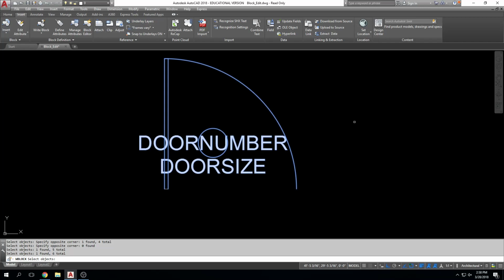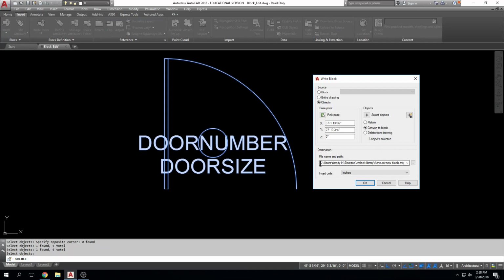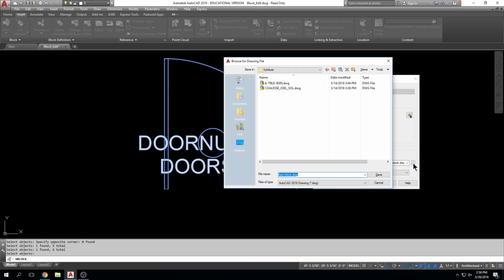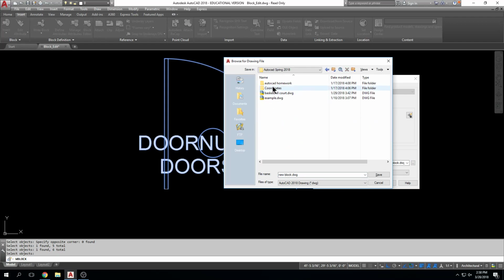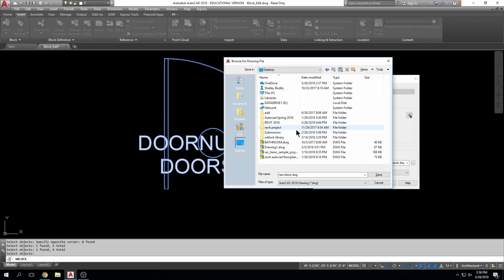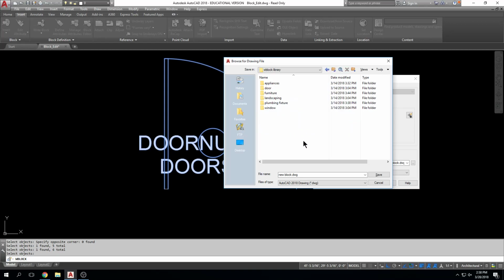So I've got my object selected, I'm done selecting. I have to tell AutoCAD I'm done selecting. So I hit enter. And I browse out to wherever I want these to be saved. So I click on this ellipsis here. I'm going to go to my desktop, and I've got my AutoCAD. Oh, I thought I had a block library somewhere. W block library. These are going to be doors. I'm going to call this one A-door-36 inches, and I like to do a little ATT next to it just so that I know there is a defined attribute there, okay? I hit save,